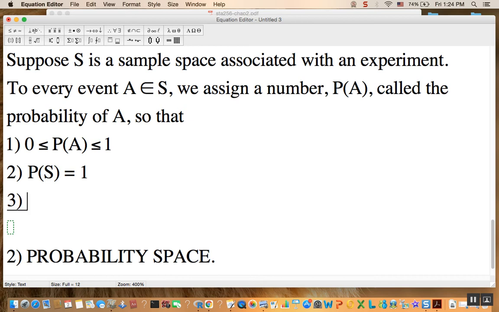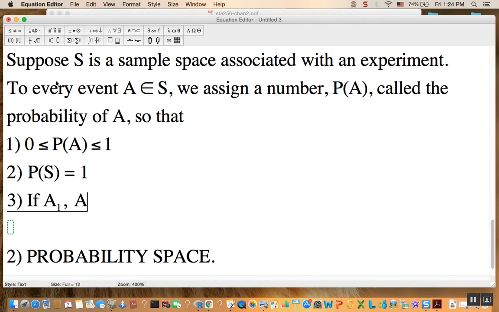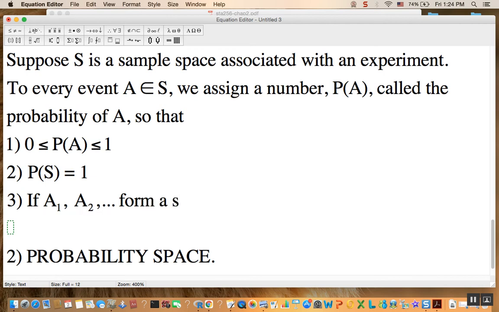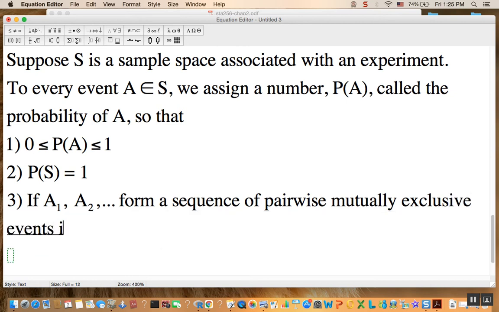Here we go. If A1, A2, and so on, form a sequence of pairwise mutually exclusive events in S,